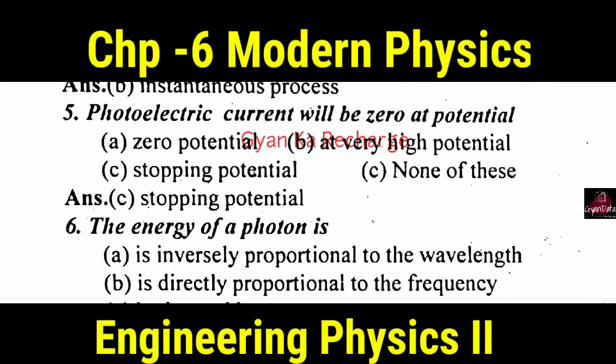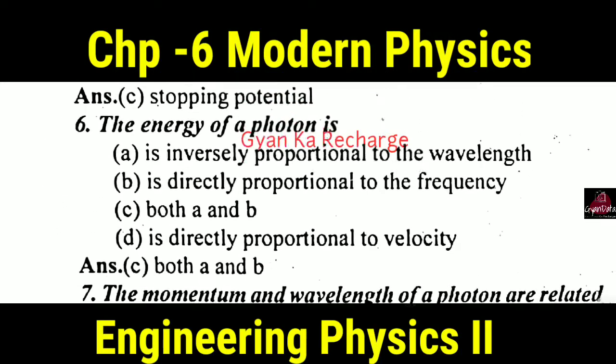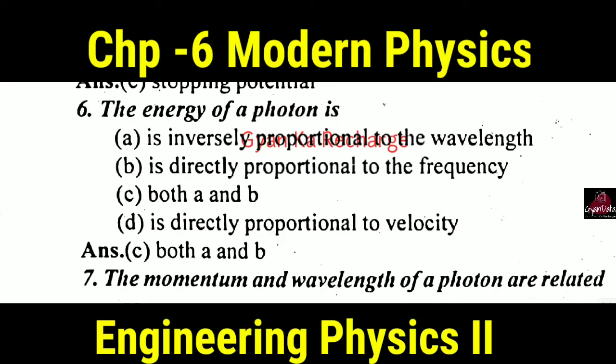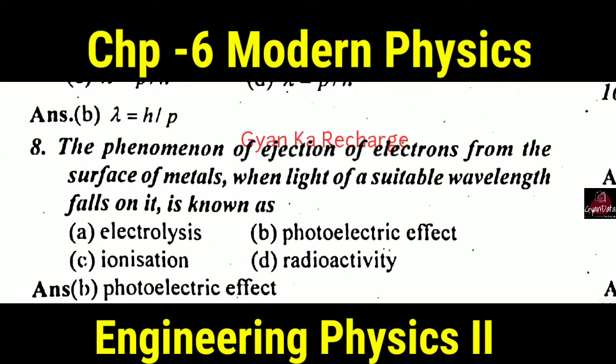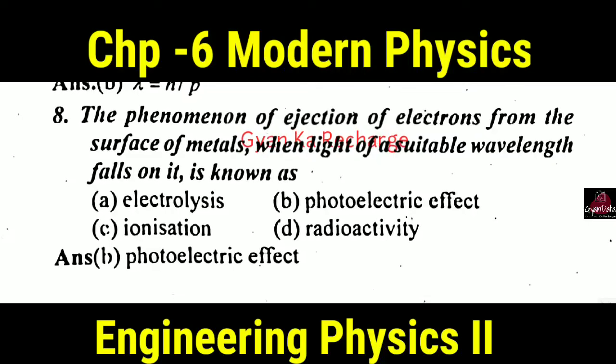The energy of a photon is both inversely proportional to wavelength and directly proportional to frequency. The momentum and wavelength of a photon are related as lambda equals h by p. The phenomenon of ejection of electrons from the surface of a metal when light of a suitable wavelength falls on it is known as the photoelectric effect. The energy of a photon is given by